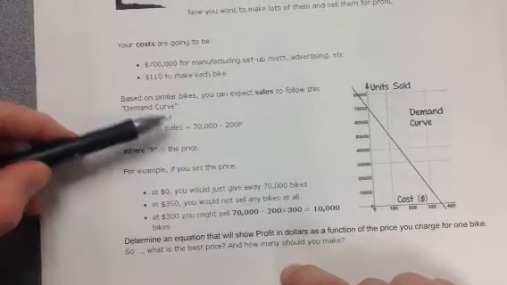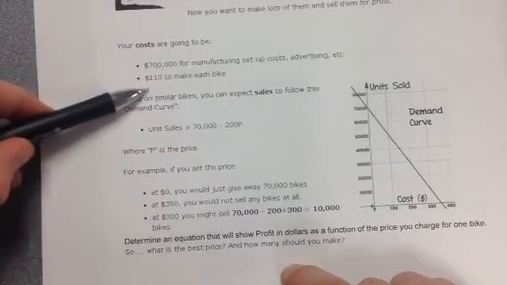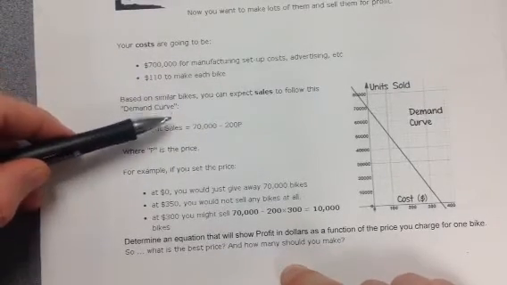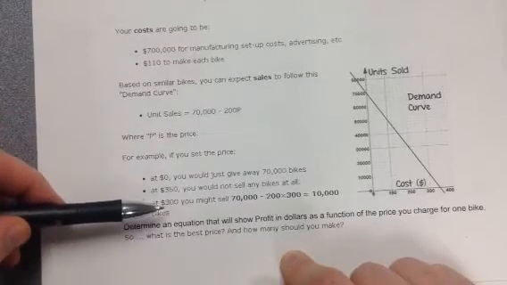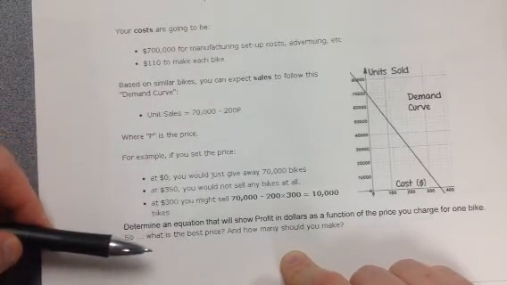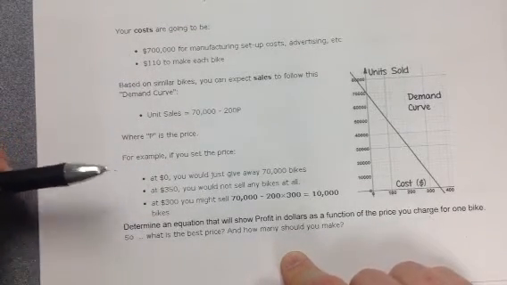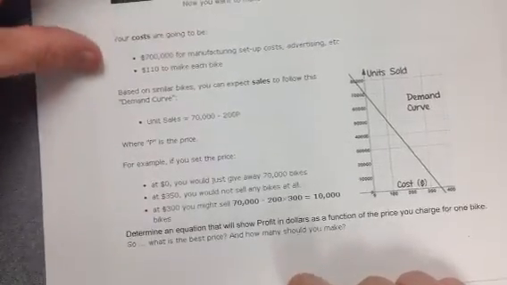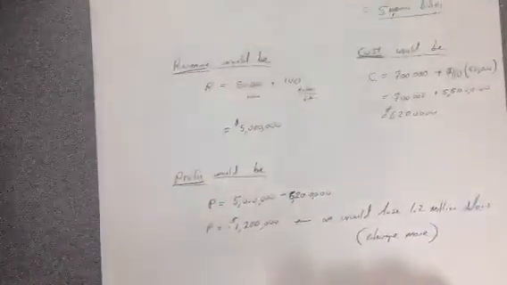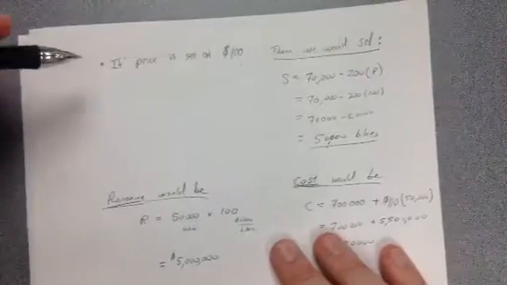The number of bikes I sell is going to accumulate my total costs, and the number of bikes I sell is going to tell me about my revenue, which is how much money I actually make. So just to try to understand how all these variables are related to one another, I started with a fixed